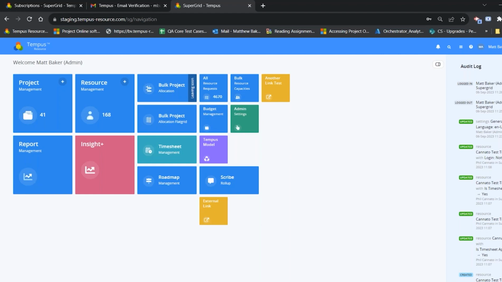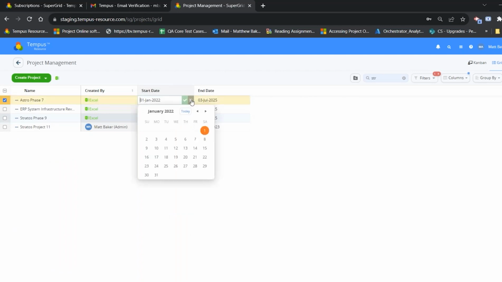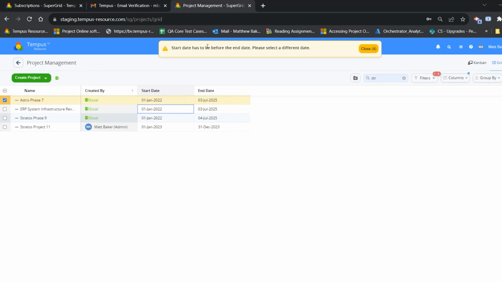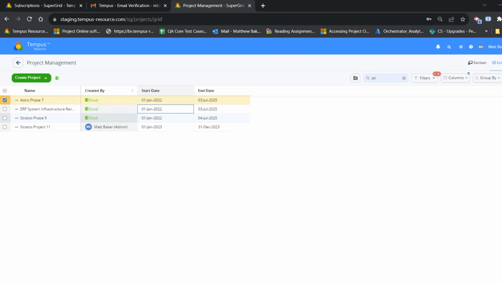with WCAG. And you can see, for example, if I go in here and I open up project management, and let's say I force a validation message, and by changing the start date above, you can just see it looks a little bit different. So the messages are still there. It's just the way that they look is a little bit different than they were before and more standardized throughout the entire product. So you'll see that with the error messages, some of the confirmation messages, tag colors and shapes,